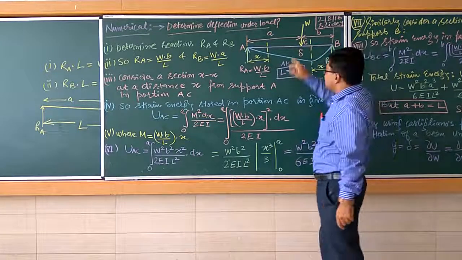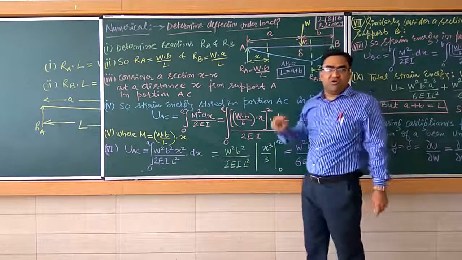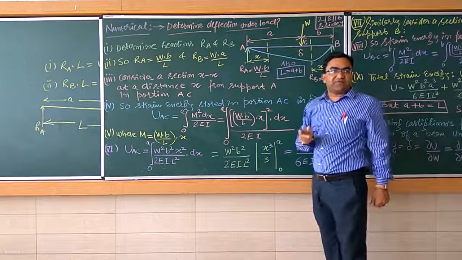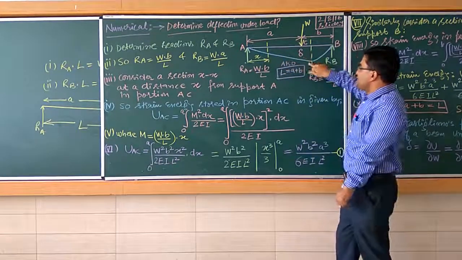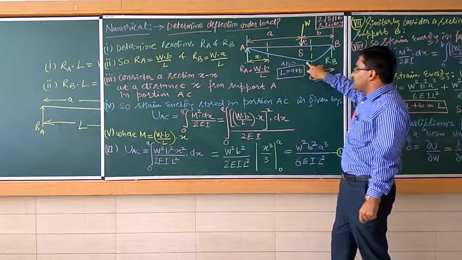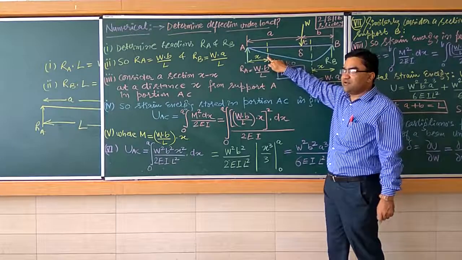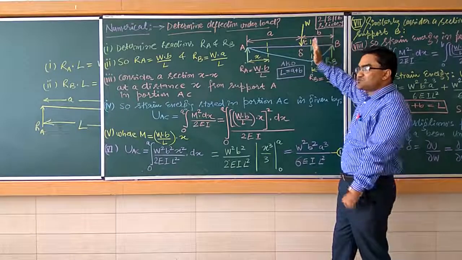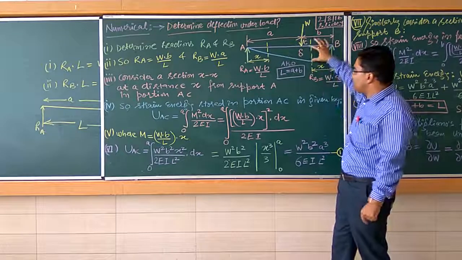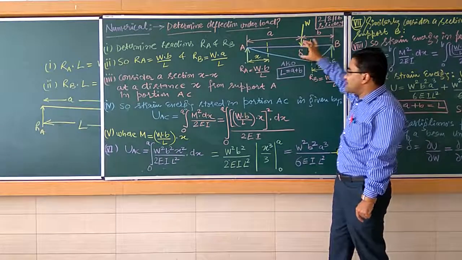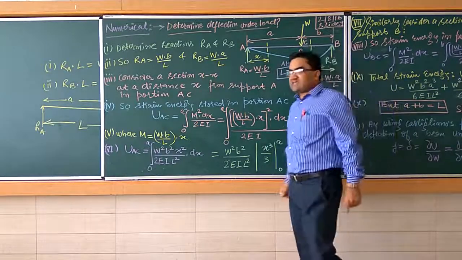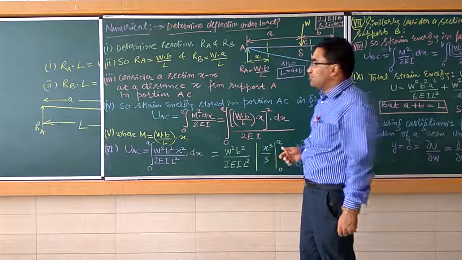Since the load W is unknown, we can also say that a is greater than b, as is visible from the figure. So the deflection will also be on a higher side in the right direction. We can view the figure. I have made it so that the deflection is more over here rather than here because the load is on the right hand side, towards the B side. That is why the beam is also deflected in the right hand direction. So let us calculate the deflection due to this load applied on it.